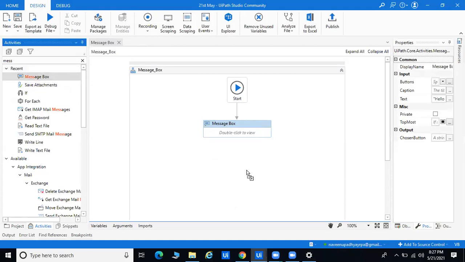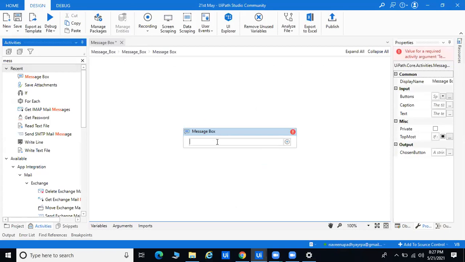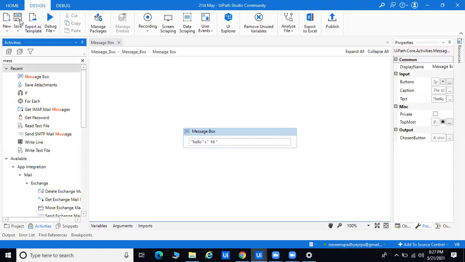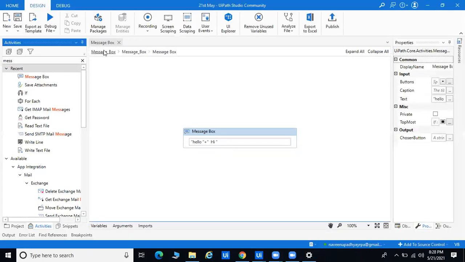If you want to display two things like hello and hi, you can go inside that and pass hello. Okay, here I'll save and run the program. So it will display hello and hi here in the message box. First it will display hello, and second we will display hello and hi. Okay, one by one.